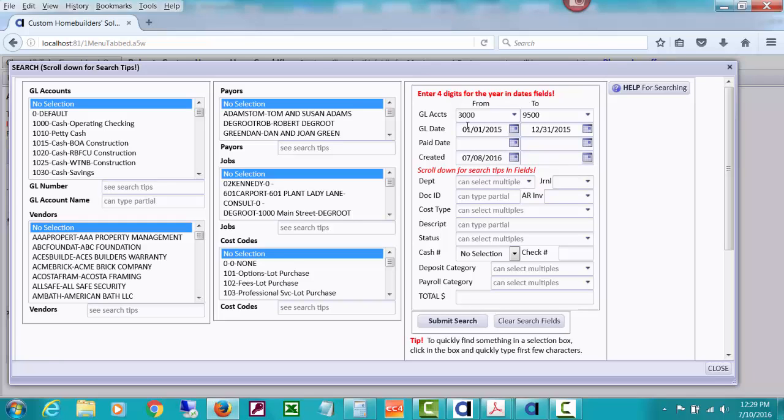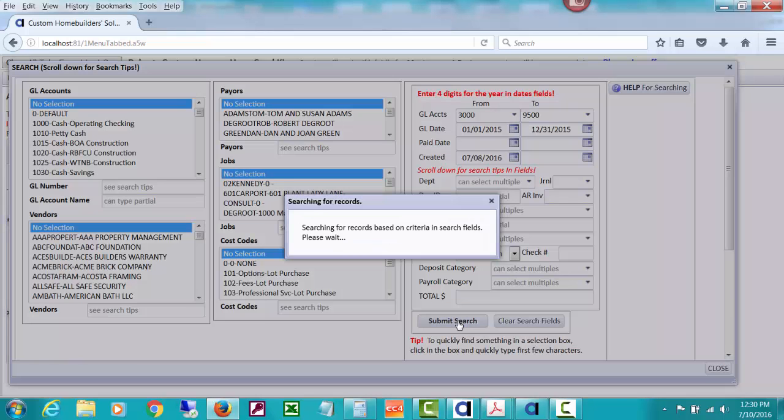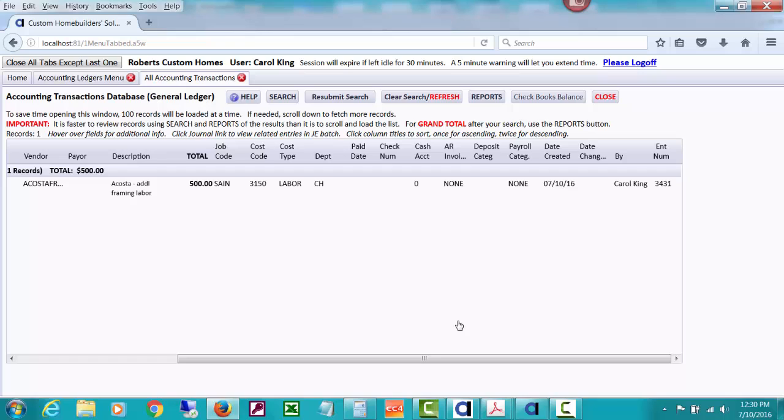So I want to see entries that were dated for the general ledger in the year 2015 for these income statement accounts, but created on July 8th or after, so I can try to spot what's causing that $500 not to have been closed. And notice how when I did that search, I find this one entry that I just made. And so the result of doing that is, if you're trying to figure that out and then you spot what happened, if somebody came along and made entries after you did the closing, despite warnings about it,